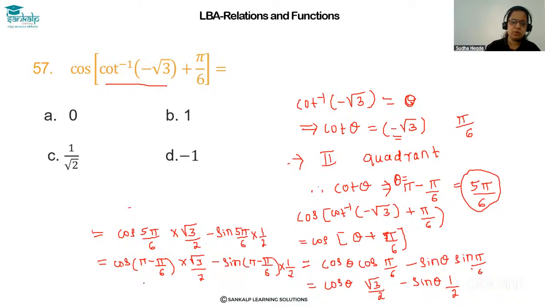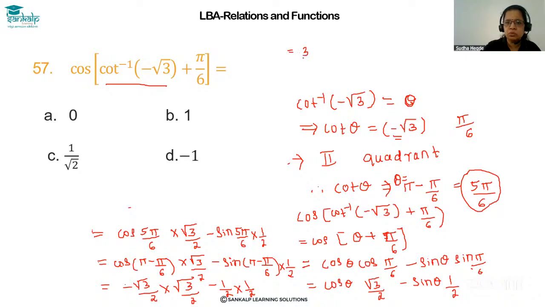Second quadrant again, cos is negative. So this is minus cos pi by 6. What is cos pi by 6? It is root 3 by 2. Second quadrant cos is negative, so divide into root 3 by 2 minus. Second quadrant sine is positive, so this is 1 by 2 into 1 by 2. So finally you got this as, I am writing here, it is